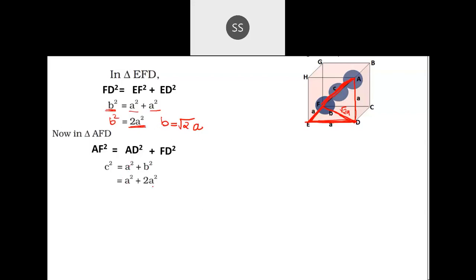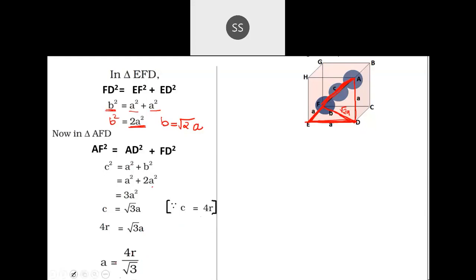So that I have put directly here. And the c value is where all the atoms are getting occupied, so you can directly substitute there itself, or you calculate the c value and then substitute. If you want, you can directly substitute here and then continue. c is equal to 4r, so substitute here: 4r is equal to root 3 a. Then afterwards you will get the a value. So a is equal to 4r by root 3. So you got the a value.